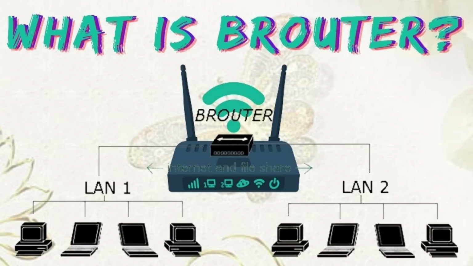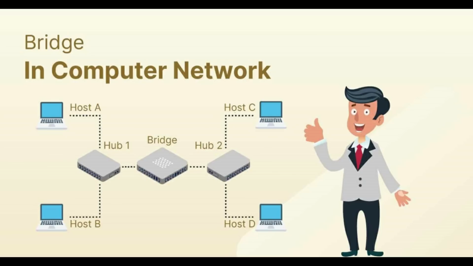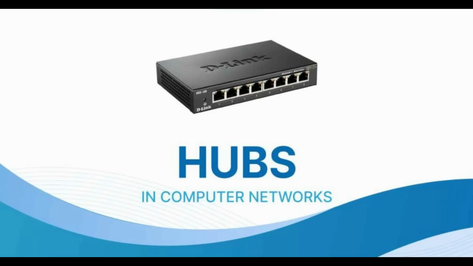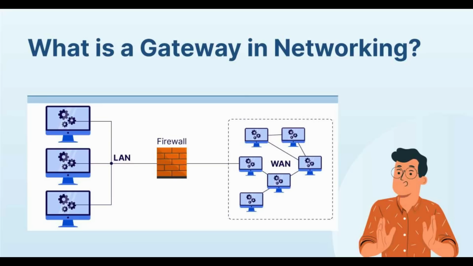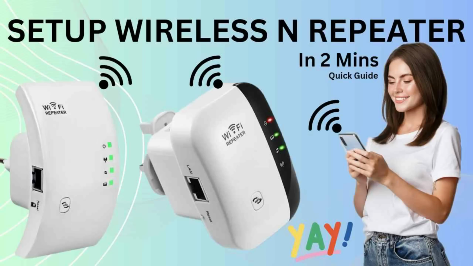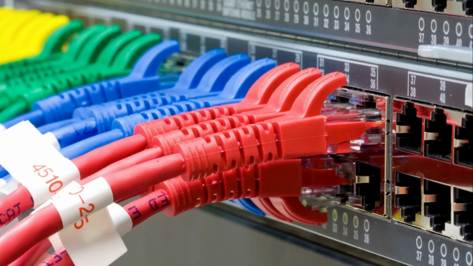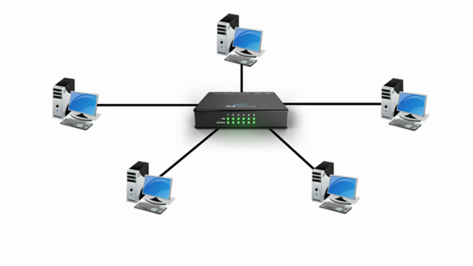Networking devices help send and receive data between different devices. They allow devices to connect to the network efficiently and securely. They improve network speed and manage data flow better. They protect the network by controlling access and preventing threats, and they expand the network range. The common types of networking devices are access points, modems, firewalls, repeaters, hubs, bridges, switches, routers, gateways, and